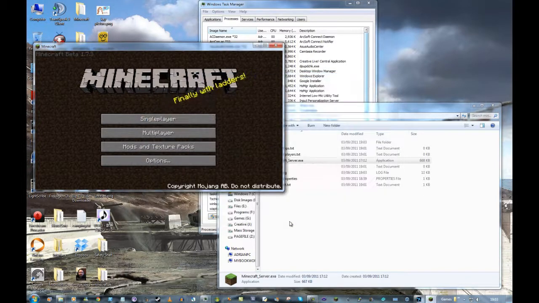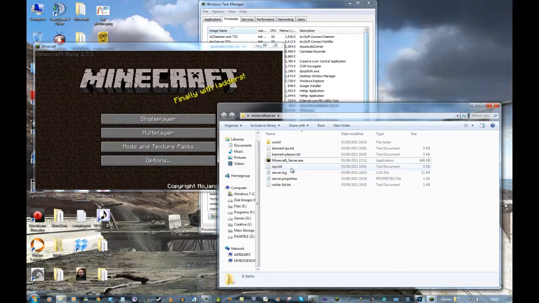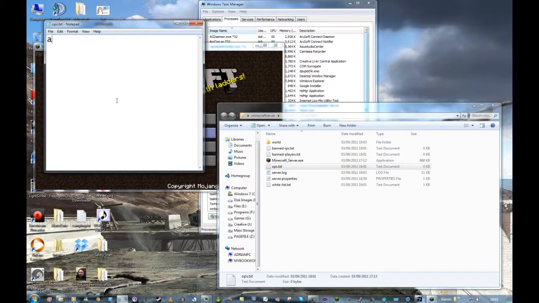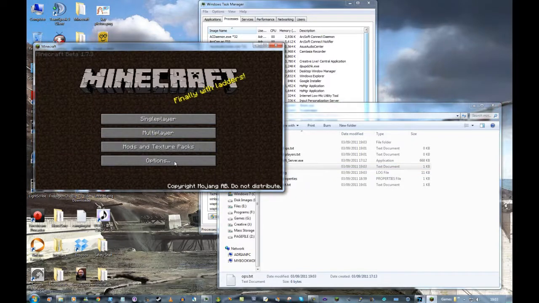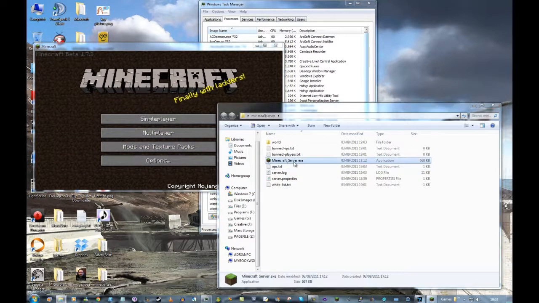So, stop the server again. And this time what I'm going to do is add my name into ops.txt. Now, you only really want to put yourself and people you really trust in here. People are going to beg you to have access to be able to do funky stuff, but you don't want to give it them. Just put yourself in here and, you know, maybe mods if you're doing a bigger server. So now, if we run the server one more time,